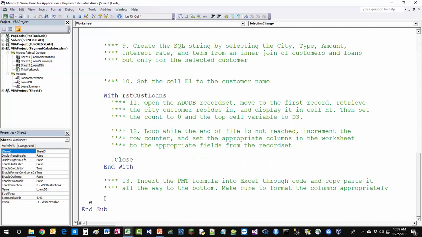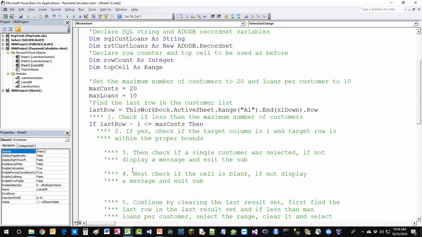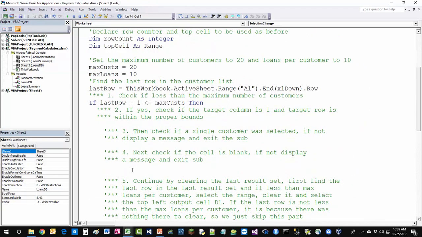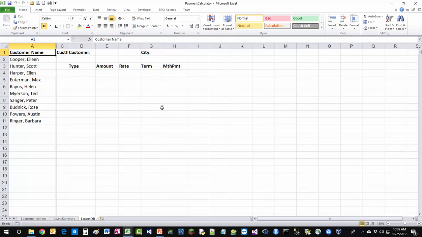Now, I should have had an else right here showing a message box saying you must have some customers in the list first, but let's just skip that. That's sort of assumed to be the case in this example. Okay. Next, we're going to assume that we do have the customers, such as these 10 listed here,